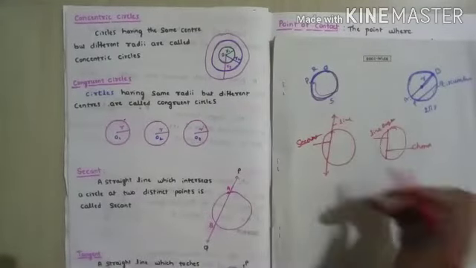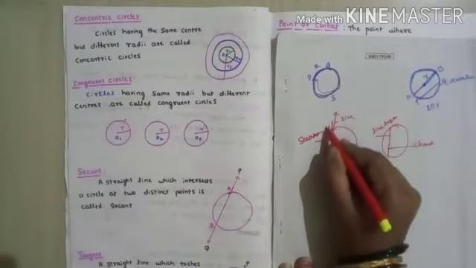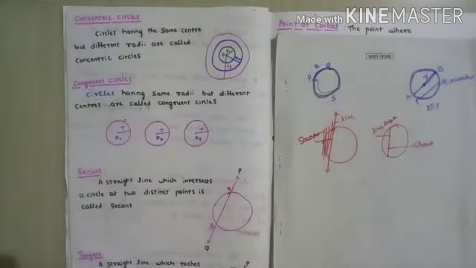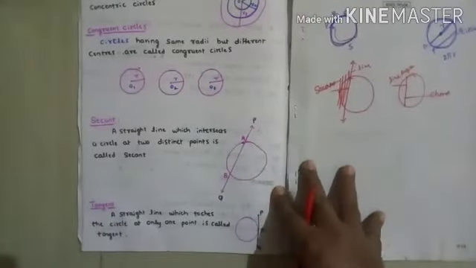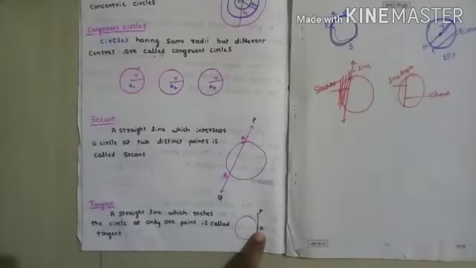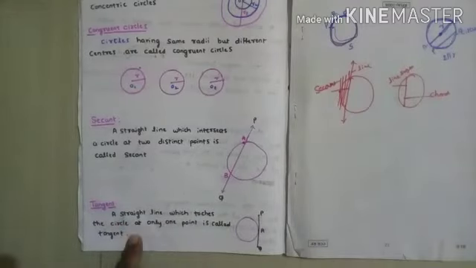Like this, if you draw this line like this and go on drawing, this line will touch only one point of the circle. That is called a tangent of the circle. This is the important definition of this chapter, and in the 10th standard you are going to learn one theorem on this also. Tangent means what? A straight line which touches the circle at only one point is called a tangent. Here it is touching only one point.